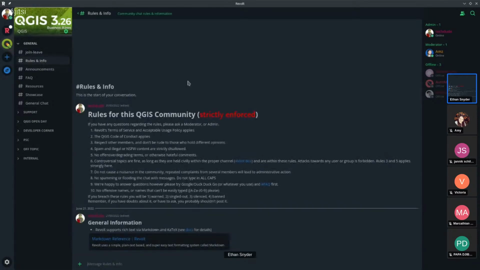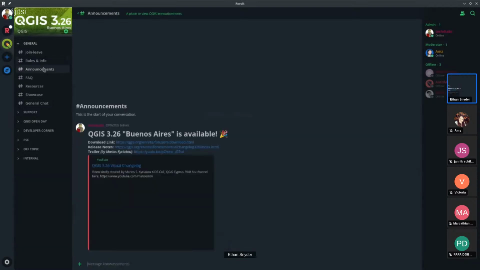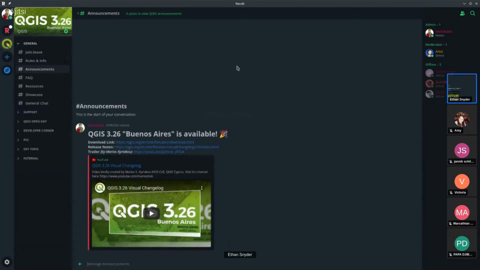Community rules are very important, especially when it comes to dealing with trolls on the internet. So we have a list of rules. We have a whole page for announcements so people can see all the announcements for QGIS, like the latest QGIS updates. Like I have this one here as an example, the 3.26 update. It supports rich text, this is actually Markdown with emojis. We have italics here, and we have hyperlink